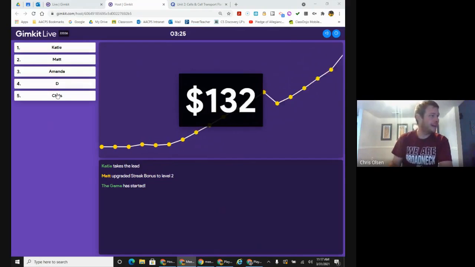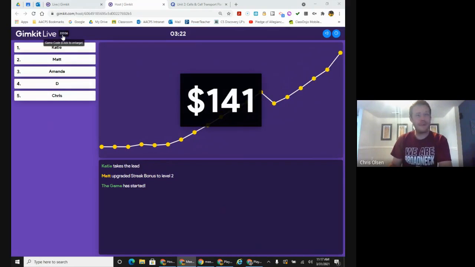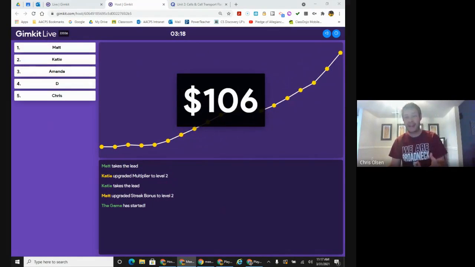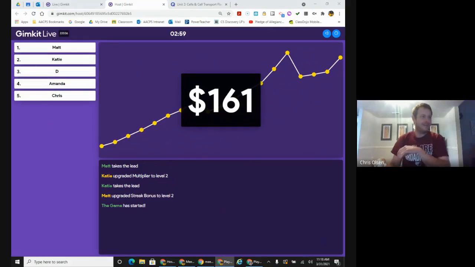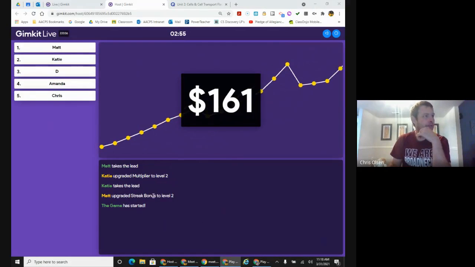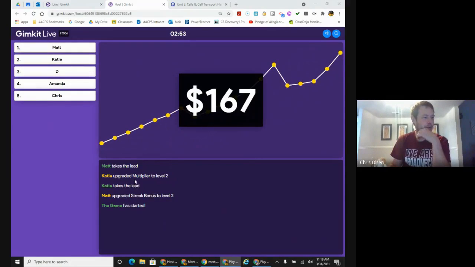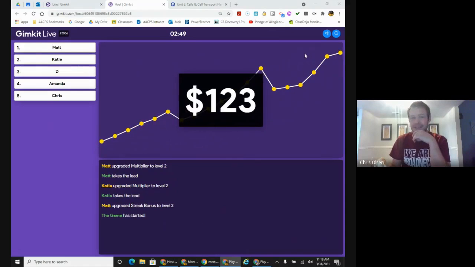And you'll see I actually just joined in as well by keeping the live login. You can have students sign in late, so if you get going with the match and a student isn't quite there yet, they can still join in and take part in it. And as you look on the screen for the teacher view, you can see who's purchasing upgrades, who has the lead. You can see a countdown timer.